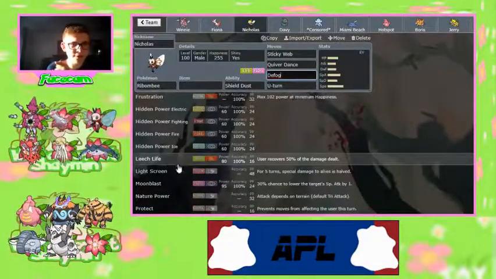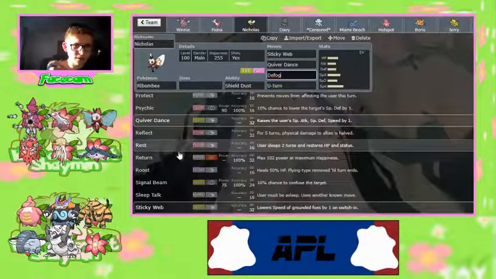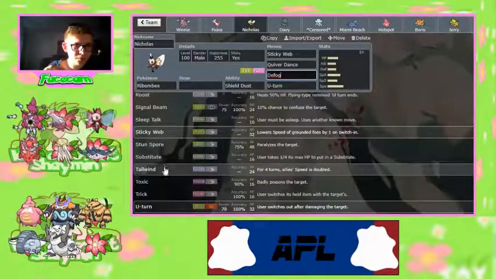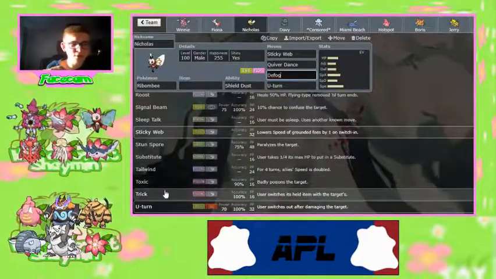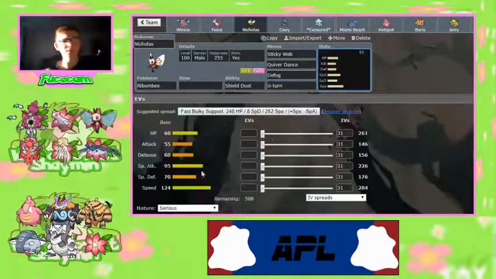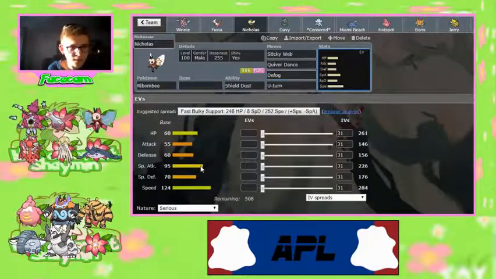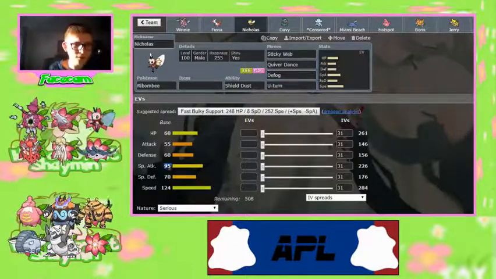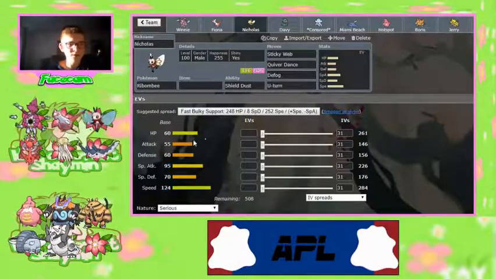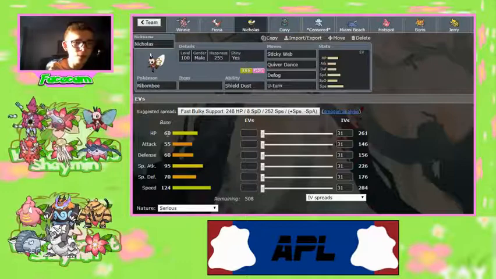Otherwise, Quiver Dance is superior. I can set up screens. I can Roost, set up Tailwind as well. Trick, Stun Spore for some utility. It's very fast, 124 speed, a decent special attack stat with 95, but a bit on the weaker side